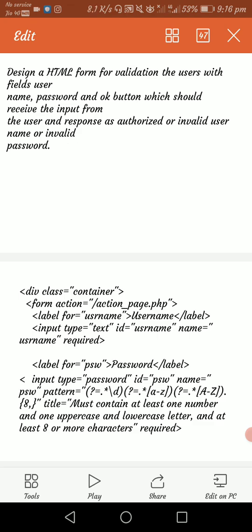First, the password must have at least one number, one uppercase and one lowercase letter, and at least 8 or more characters. If the password satisfies all these conditions, it prints valid, otherwise it prints invalid, and also